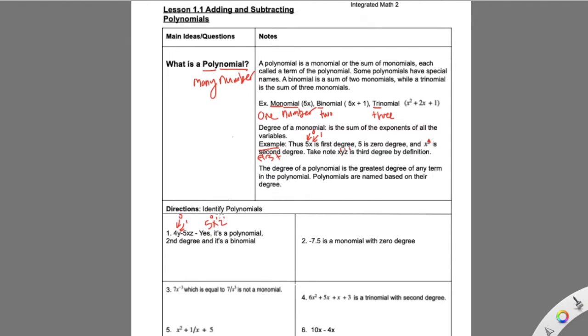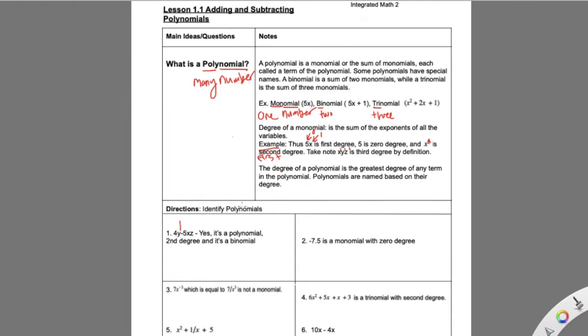So now we have 1, 2, and then 0. So we have a second degree is bigger than 1 degree here because we have 0 plus 1. So that's why it's a second degree. And then we say it's a binomial because there is a minus sign here in the middle, right? Which makes two terms, two numbers. Remember, binomial means two numbers. Bi means two, nomial means